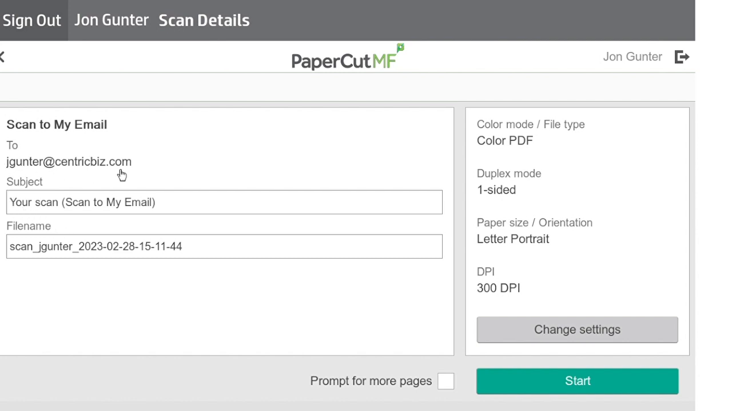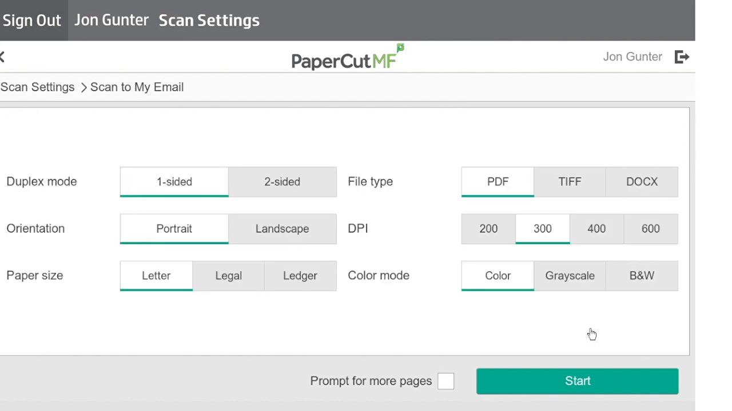From this screen, you are also able to change the subject as well as the file name of your scan if you so wish. To further customize your scan, you will select Change Settings. Settings that can be manipulated are cited options, orientation, original paper size, desired file type,